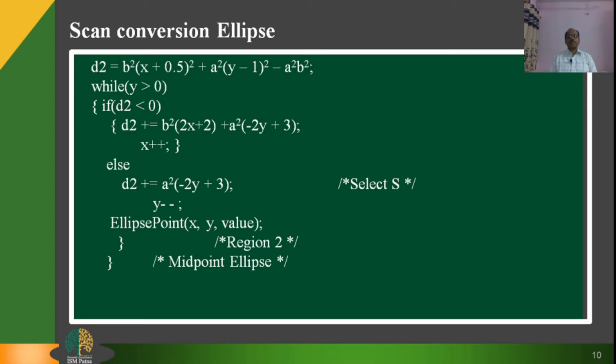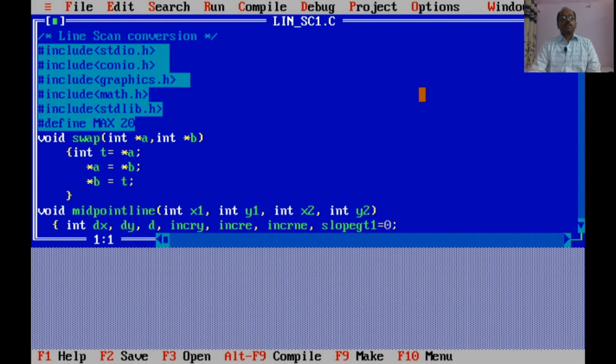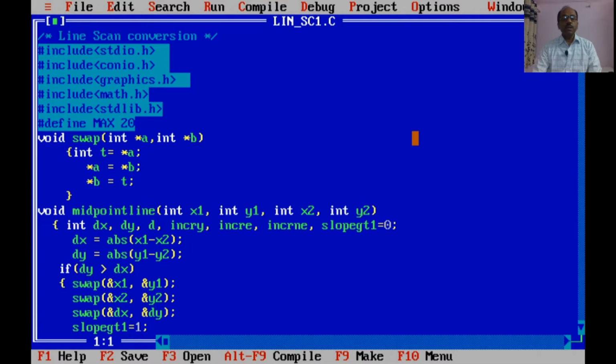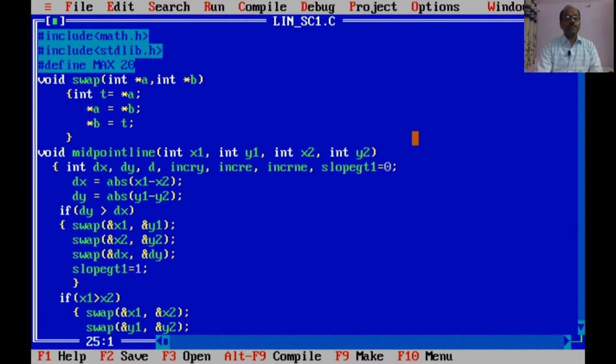Now, I am going to show how a line, a circle and an ellipse work in computer programs. So, next we move to the IDE for the practical session. So, students, it is the program based upon the algorithm which we have just seen on the slides.